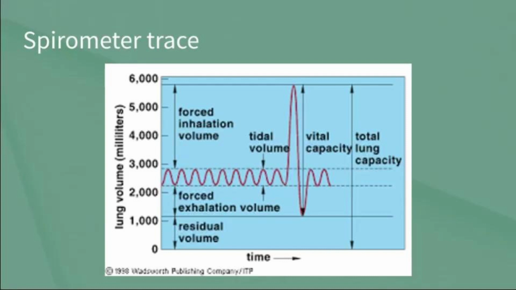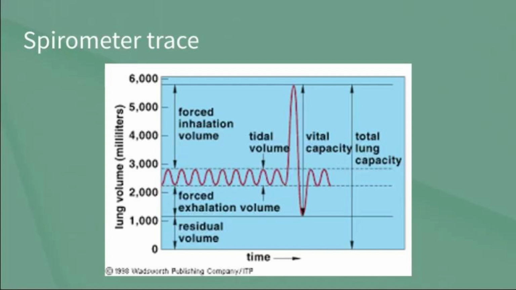We can then measure a few different things. So firstly, the vital capacity. This is the maximum volume of air that can be inhaled or exhaled in a single breath. You can see that on the graph here by the top to bottom amount of lung volume. The tidal volume is the volume of air we breathe in and out at each rest. So this is the regular breathing seen at the beginning of the trace, which is relatively small,